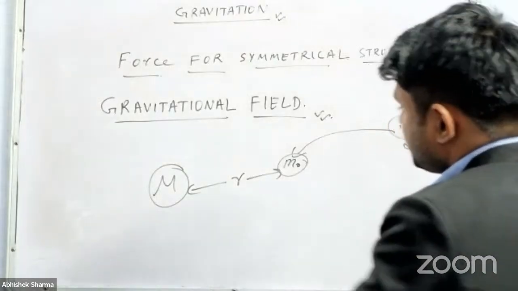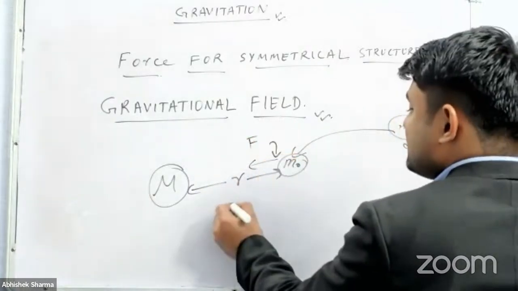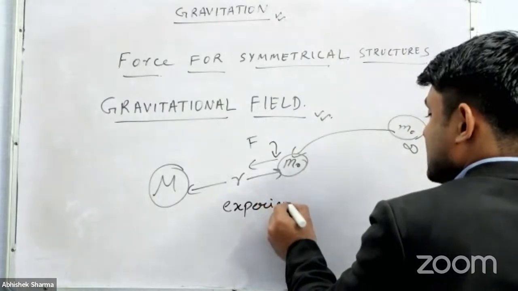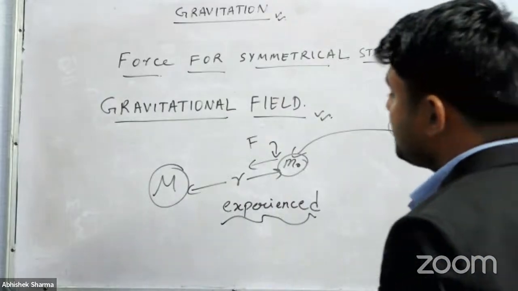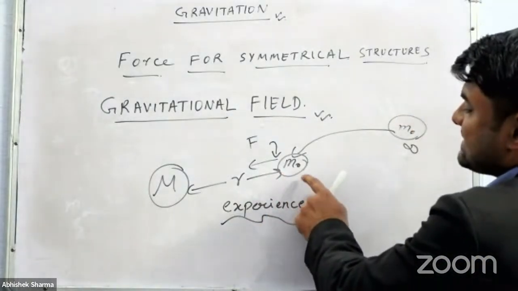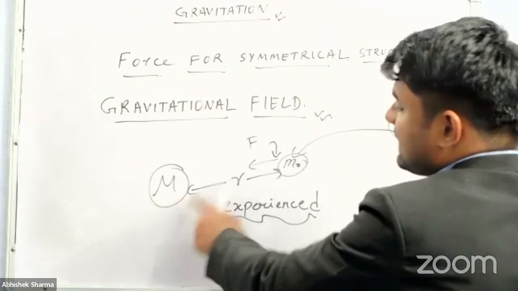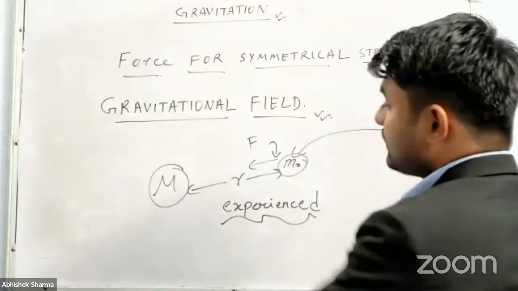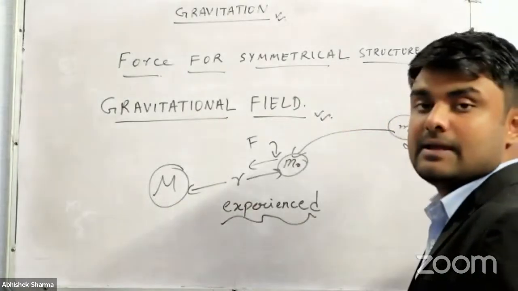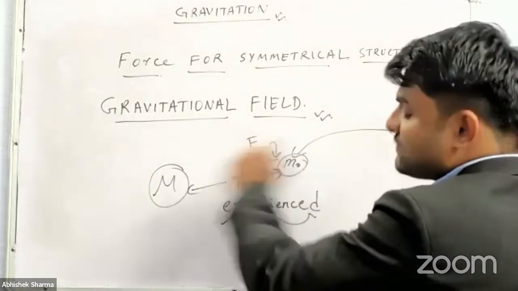So we'll say the amount of force which is felt or experienced by this m naught test mass when it is in the vicinity of this capital M defines the gravitational field or the gravitational field strength of this capital M mass. If it's weak, we'll say at this r distance, the force field strength is weak. If at this r distance,